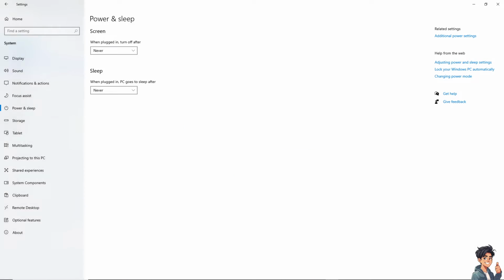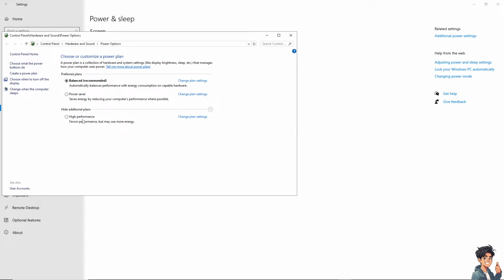Now, the next option is you might want to check the power plan settings. Type power and sleep settings in the start menu. And from here, go to the additional power settings. And you need to select High Performance. What it does is it favors performance but may use more energy. That's one of the things that you can do to optimize your computer or PC to fix lag in Genshin